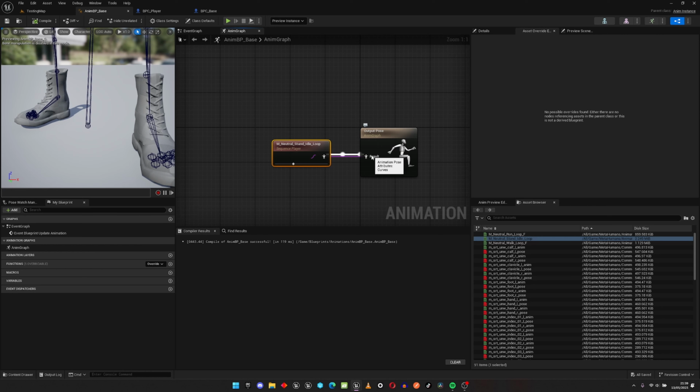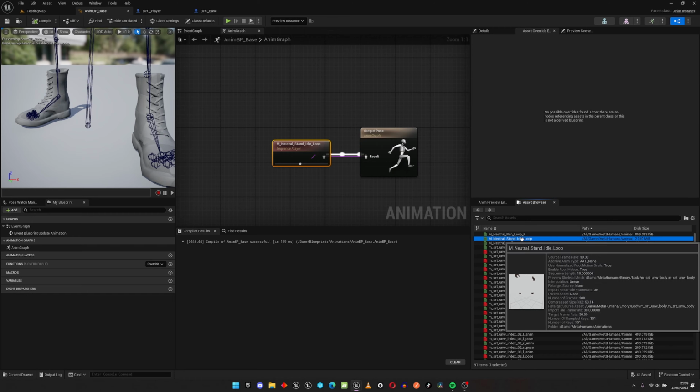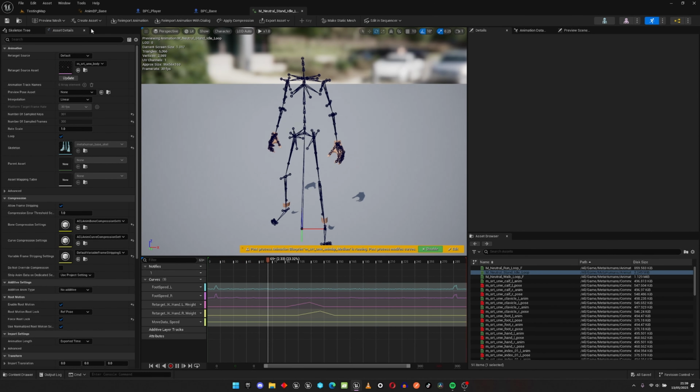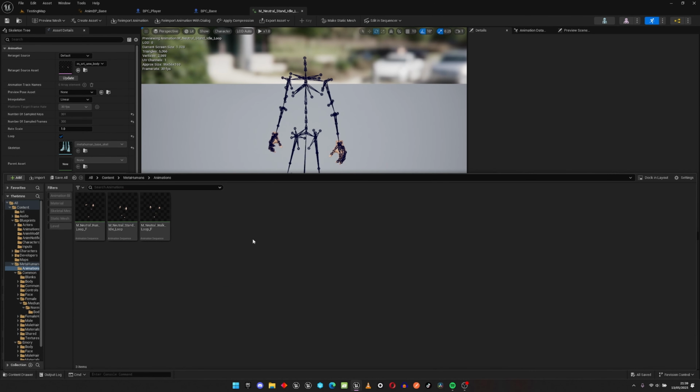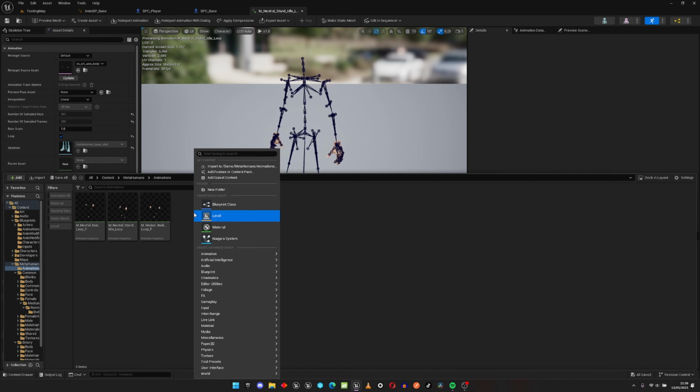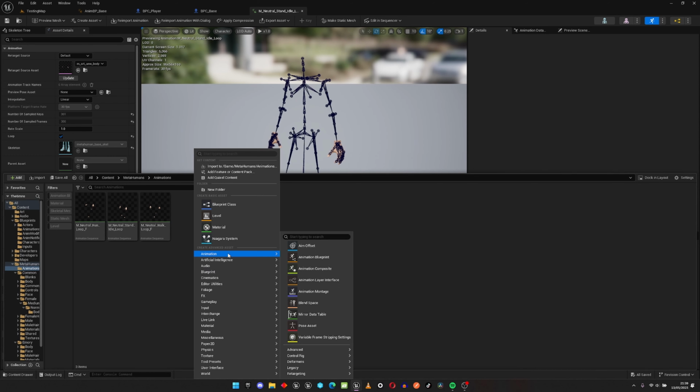Also, there is a ton of ways that you can do this, but I'll use the legacy way because I like it and it's quite explainable. It's quite easy. So I'll go ahead and open my stand idle loop, and then under it I'm going to create what's called a blend space. I know this is old school, but